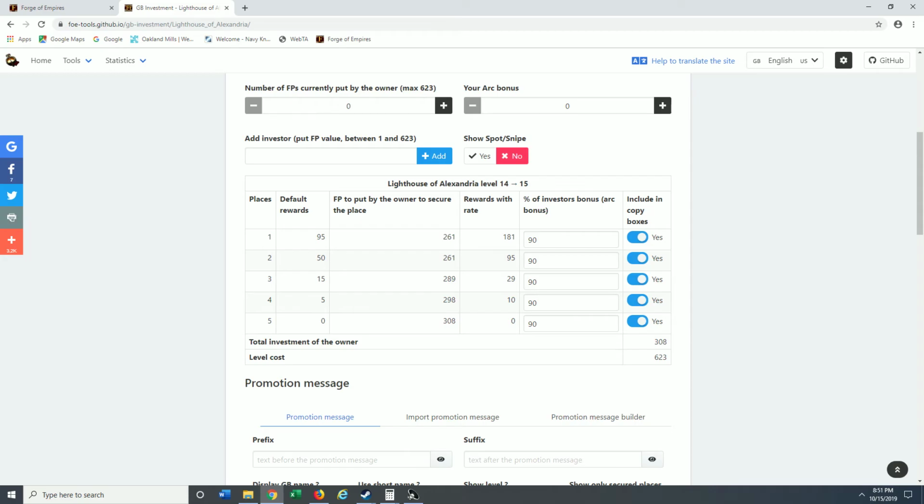As you'll see, by putting 261 on, you allowed first place to be locked exactly at 90, no less. But when that happened, someone could come in and technically snipe for, what was it, 4 FP? That's not big of a deal, right? So you put 261 on, you're then ready to list at 90% for first, you're ready to list at 90%